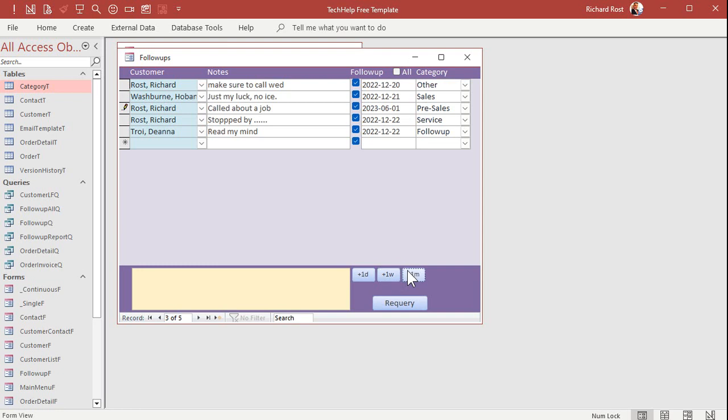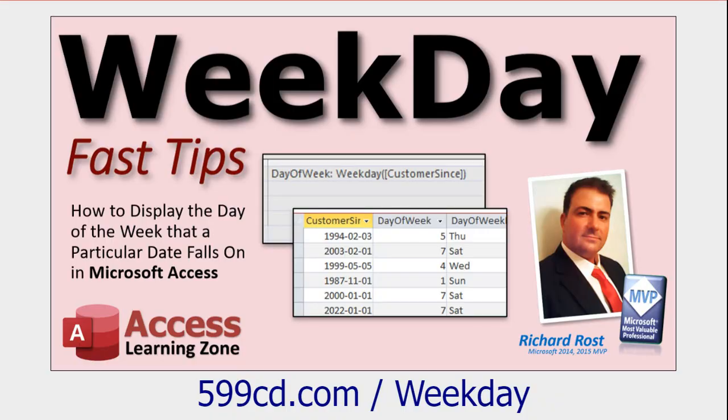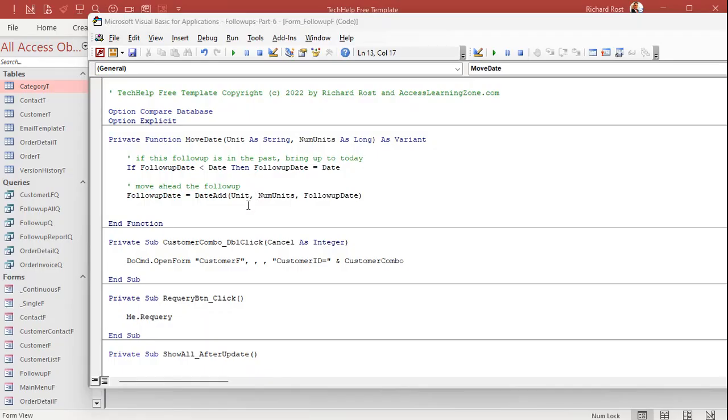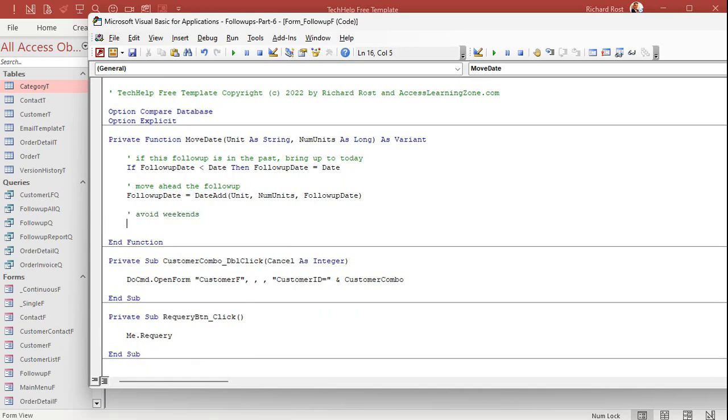But we're not done. All right, it's pretty cool so far, right? But we're not done. Now we got to avoid weekends. How do we avoid weekends? Well, we could just use the weekday function and see what day of the week follow-up date is now. Right? The weekday function returns a number from 1 to 7, where 1 is Sunday and 7 is Saturday. Okay? So now we'll just put down here, avoid weekends. And we'll say if weekday of follow-up date